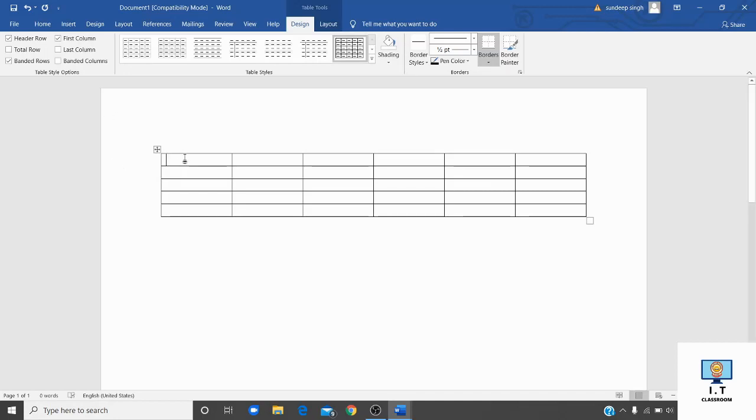Here on the top, we will write headings like name, class, age, city, here we will write address, and here contact number.